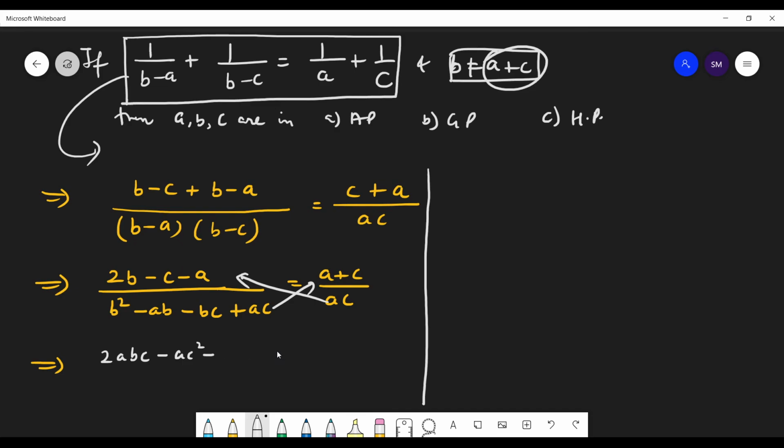You can also do one thing, because a plus c is something special in this question. You can take a common here and write a plus c. This you can write here like this, and then into ac. So that's equals to